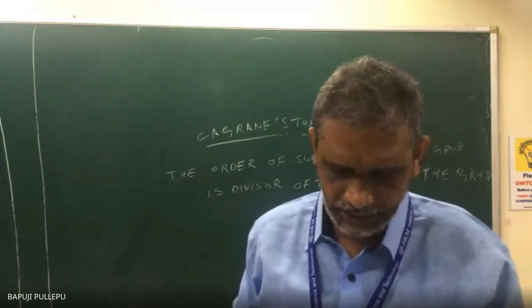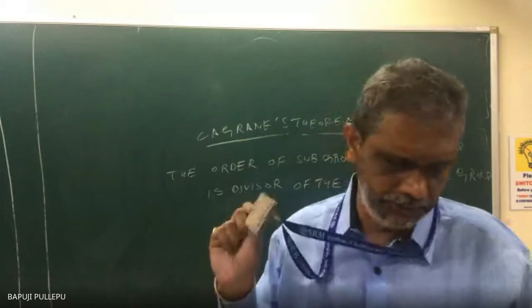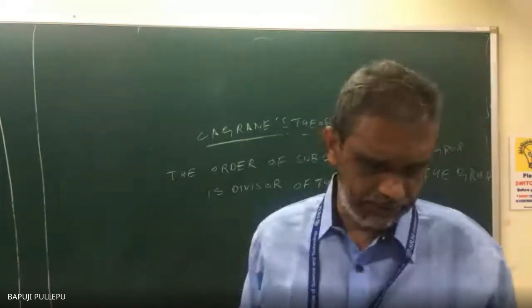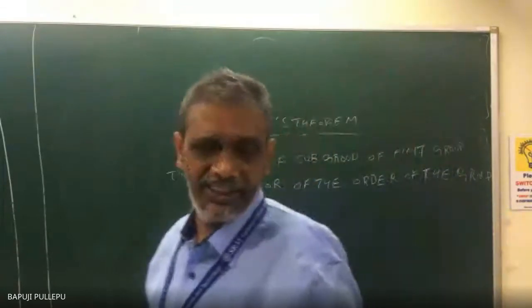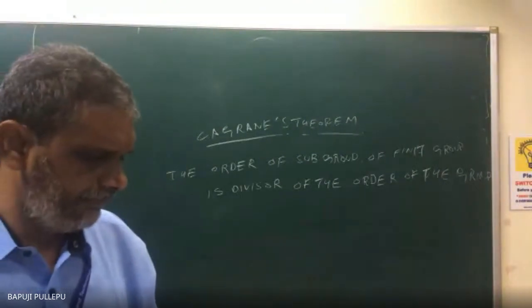See, another derivation: the order of any element of a finite group is a divisor of the order of the group. This is one important result. G is a finite group, that is okay. Second, these are small proofs. You just take a note down, later I will use this. There is a small, easy proof.